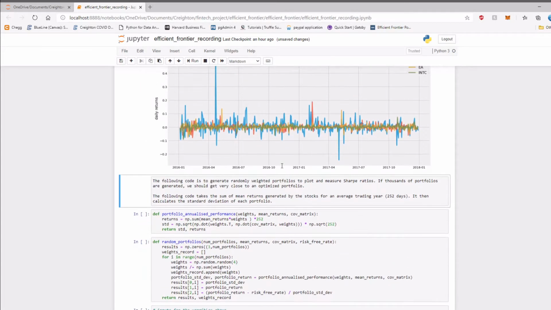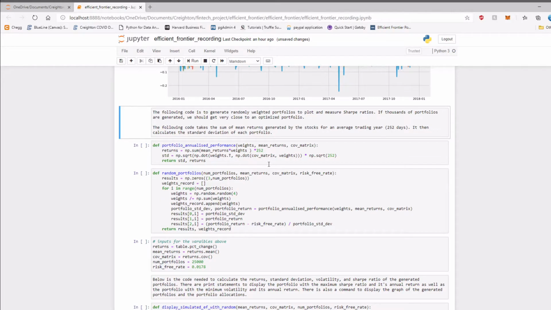So now to start generating the efficient frontier, we need to generate a lot of randomly weighted portfolios. There is a way to actually optimize the portfolios so you're not creating solely randomly weighted portfolios, but this is the way that I'm choosing to show. Essentially we're going to generate thousands of portfolios with random weights and then run it through the algorithm, which Harry Markowitz developed, to determine which of those portfolios is going to generate the most return for the minimal amount